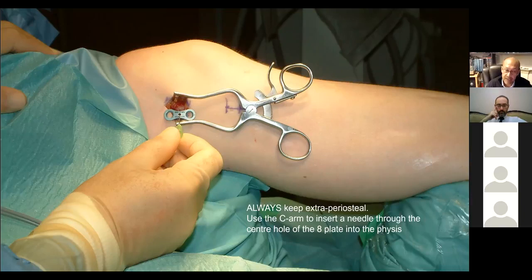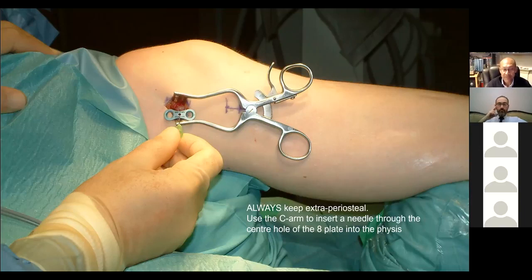The reason being is if you damage the periosteum, you're in the region of the physis. So you're likely to damage the perichondrial ring. And if you do that, you are more likely to create a permanent tether and not a temporary tether to